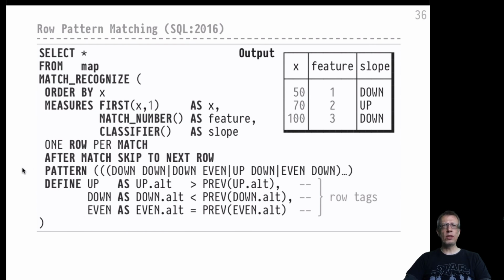So altitude changes that look like this would be tagged like this, and once we've assigned tags to rows, we could then evaluate these regular expression patterns. You see that these are patterns that are not specified over strings or text, but patterns that I defined over tag values, the tags that I've just defined below here. Let's not go into the details, but once such a pattern has been identified, we could then evaluate these measures for a match. We could look at the first row in such a match and output it, or we could